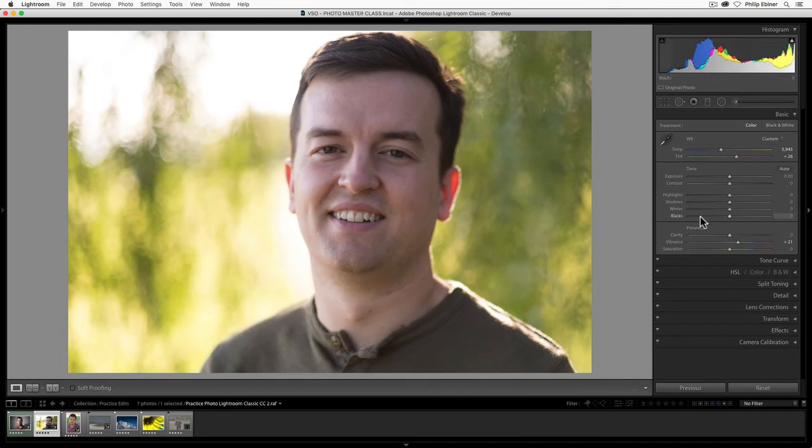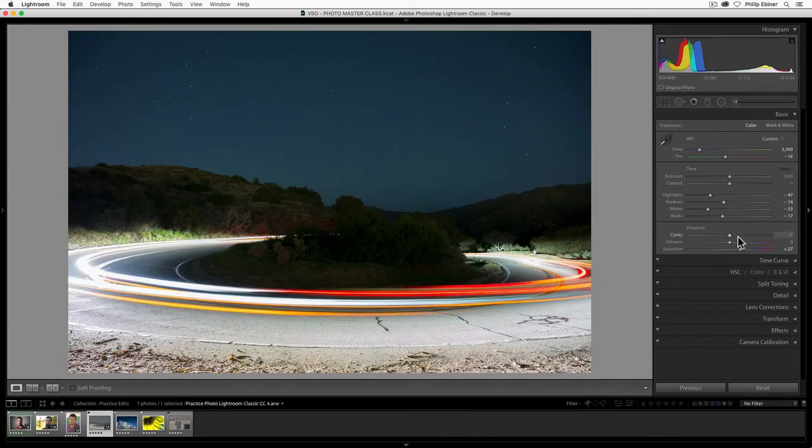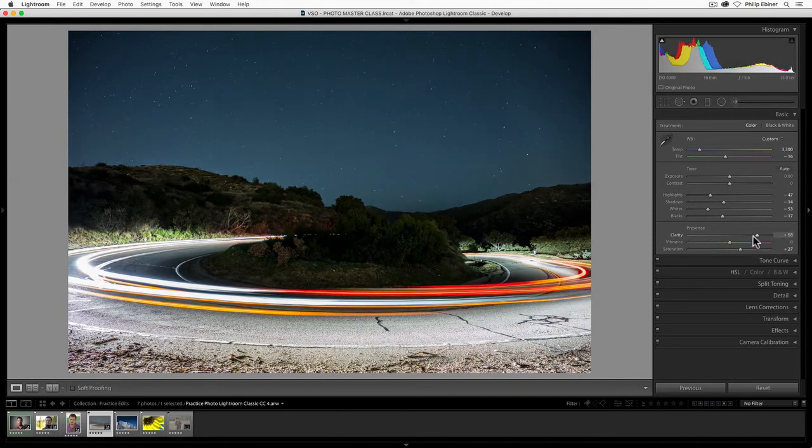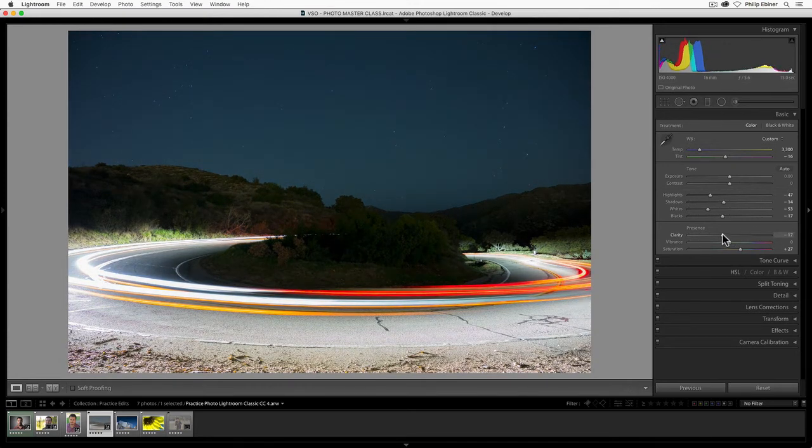And so typically if I'm doing like landscape photography or nature, I'll add a little bit of clarity. You can see for this image, you might want that to look kind of like a grungy style. And then maybe for portraits, I'll drop it down just a little bit. But that's not really related to saturation and color, so we're going to kind of leave it at that. Okay, so that's basic saturation and color.